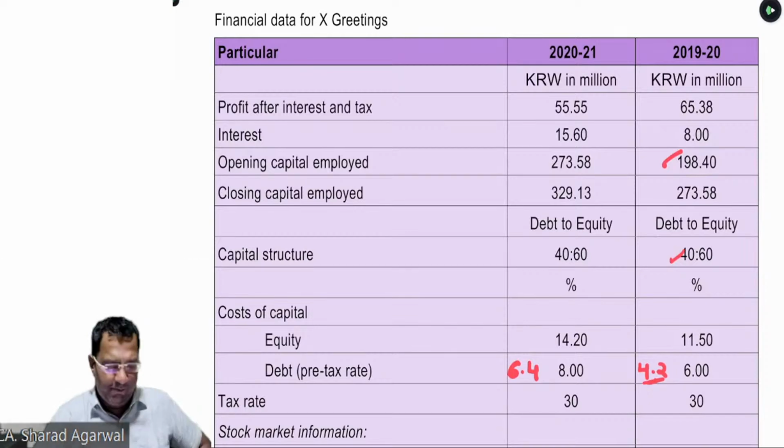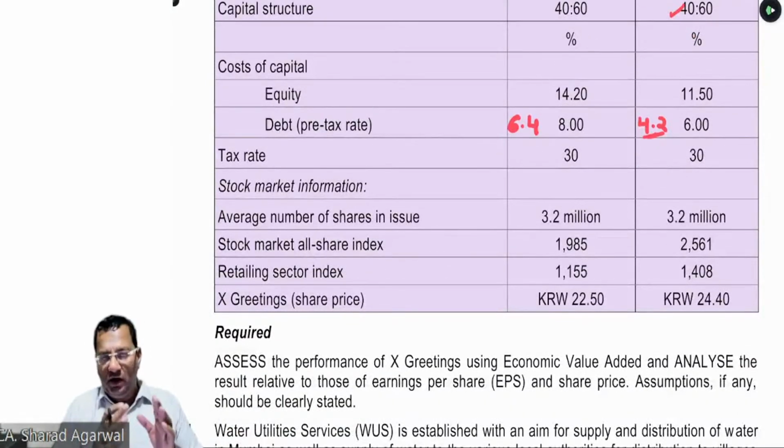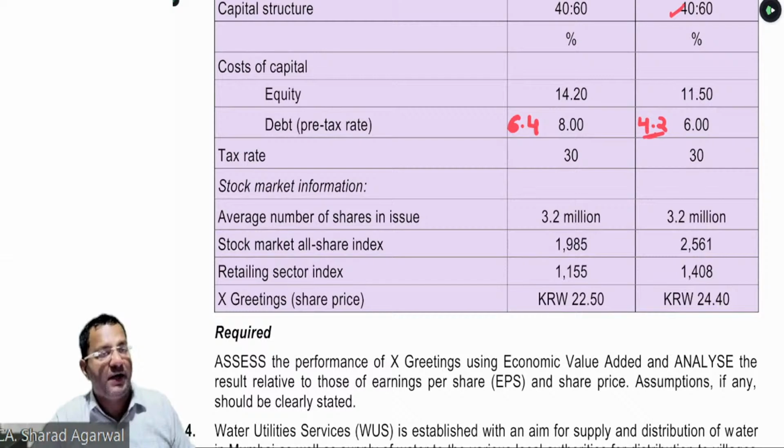Okay, beta, it's a comparatively simple part. And regarding the share, you can easily tell that one while calculating the EPS and the stock market price. One thing is to be considered from a financial viewpoint. Suppose the market has fallen down by 10%. But if our share has also fallen down by just 7%, we can convince our investor that since the sentiment of the market is negative, our share price has also fallen down, but it still outperformed the market, because the Sensex of that particular country has fallen by say 10%, while our share price has fallen by just 7%. So we can convince them in this way.